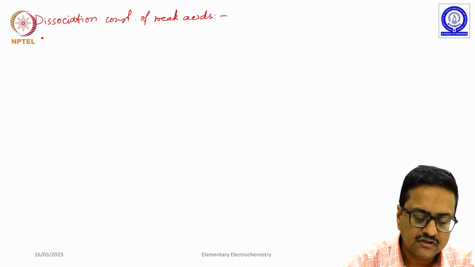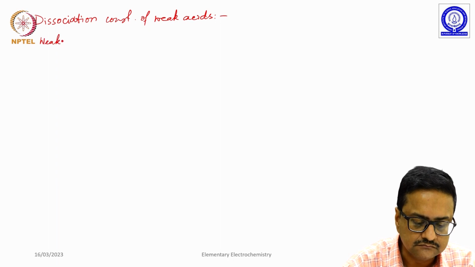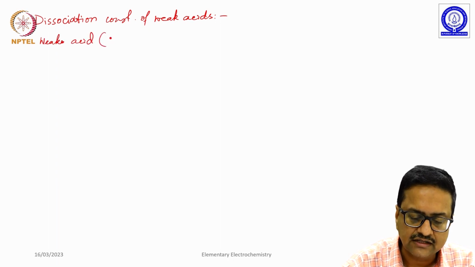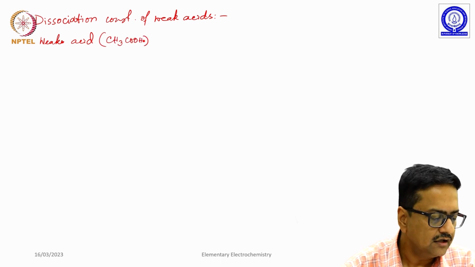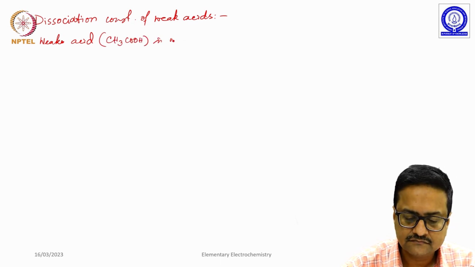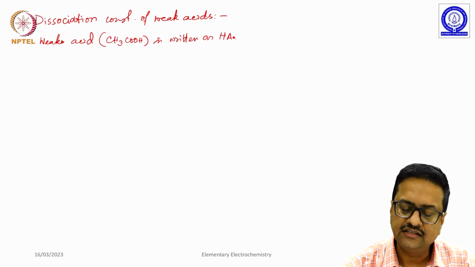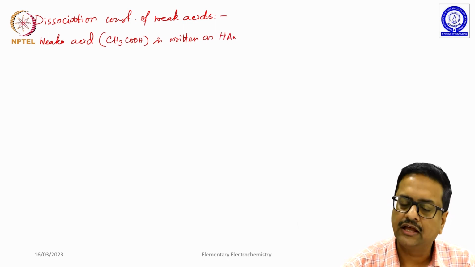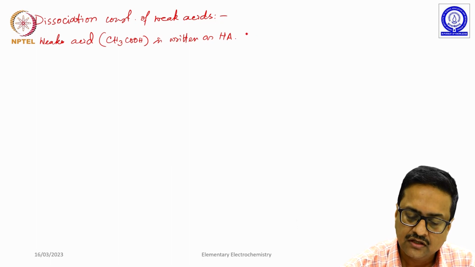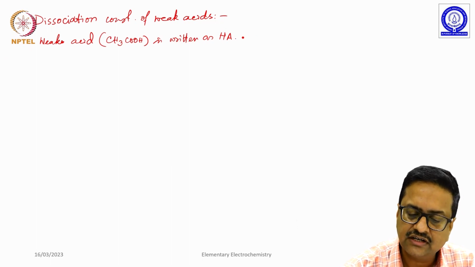So, suppose the weak acid, for us let us assume it to be acetic acid, is written as HA. A is the anion part of weak acid and H is the H plus ion of that acid. So, weak acid is written as HA